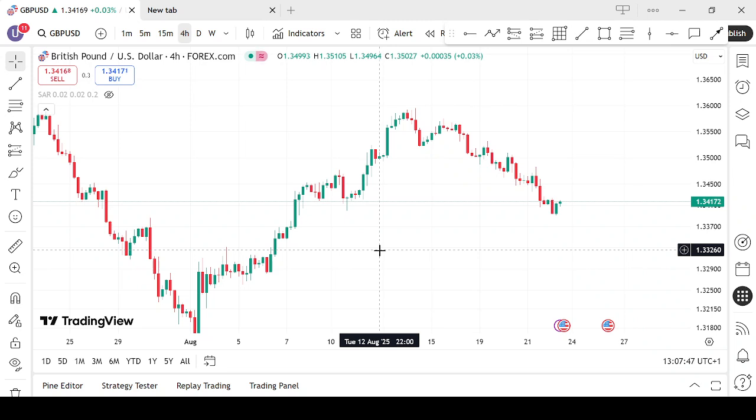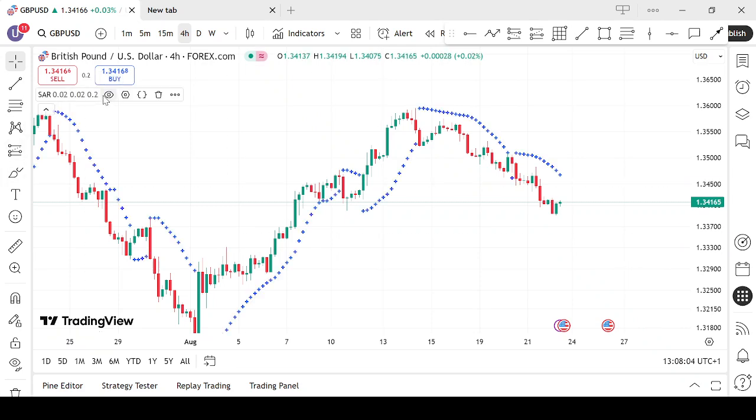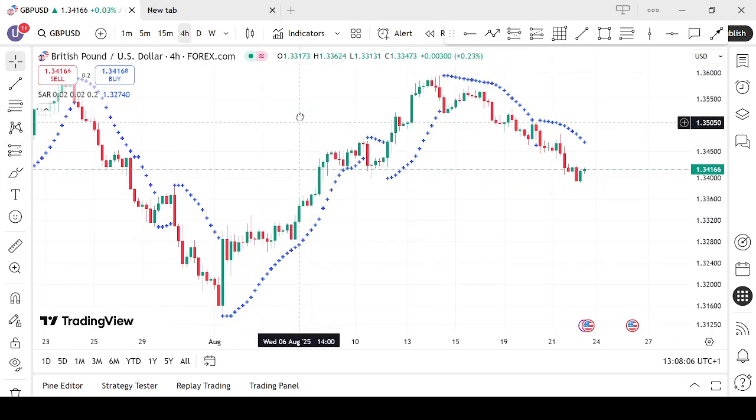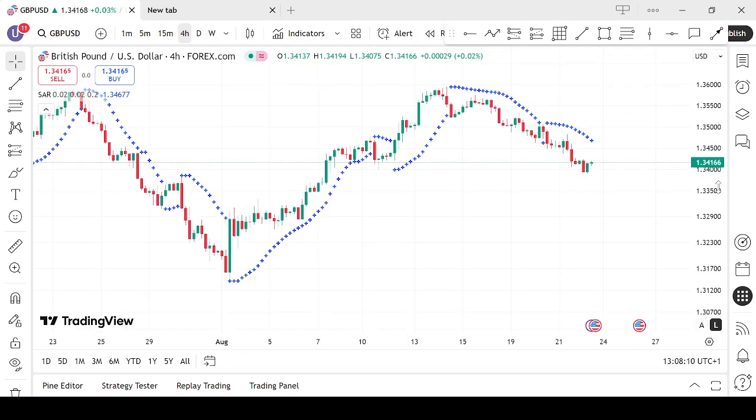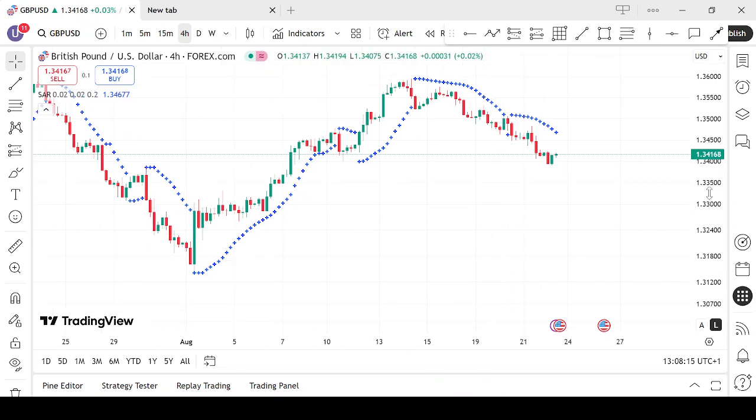Now, what is the parabolic SAR strategy all about? The parabolic SAR swing strategy, where SAR stands for stop and reverse, is a technical indicator developed by J. Welles Wilder in the late 1970s. Now, this indicator is specifically designed to identify trend direction and spot potential reversals in the market. Now, when you apply this to charts, like the way I applied it now,